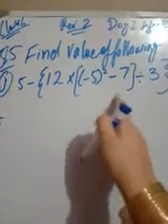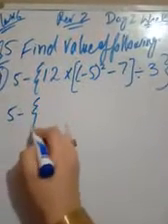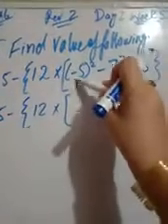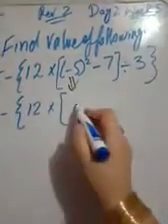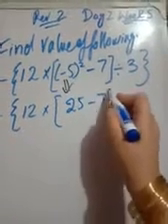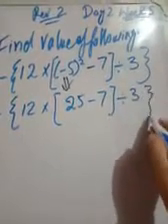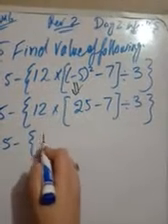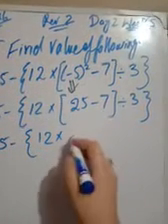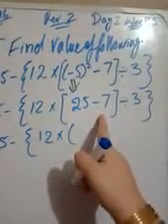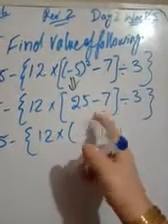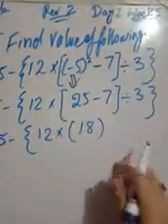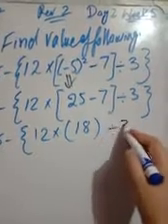Firstly, solve the inner bracket terms according to BODMAS rule, and the remaining will write as it is. Square of every integer is a positive, so square of negative 5 is a positive 25, and minus 7 will write as it is, and the remaining will also write as it is. So bracket terms contain a positive integer and negative integer. When we solve the positive or the negative integer, we will subtract them, and it gives a 18. It's a positive 18 because 25 contain the positive sign and it's a bigger number, and minus divided by 3